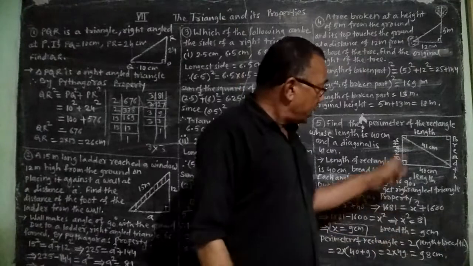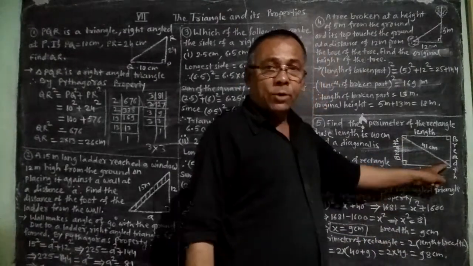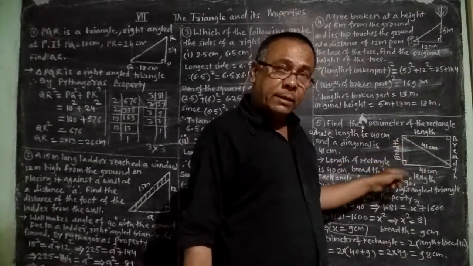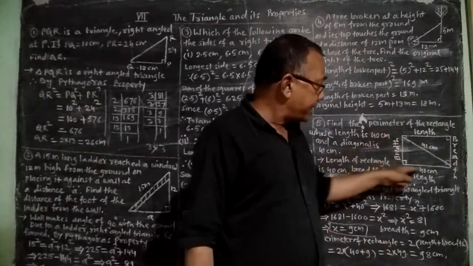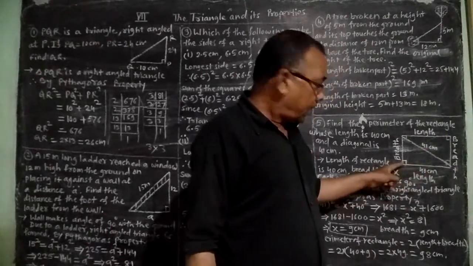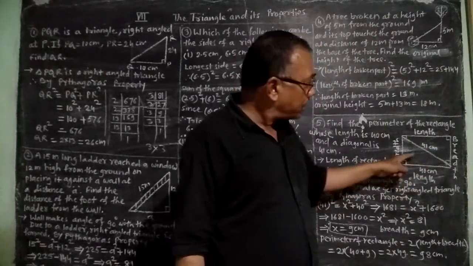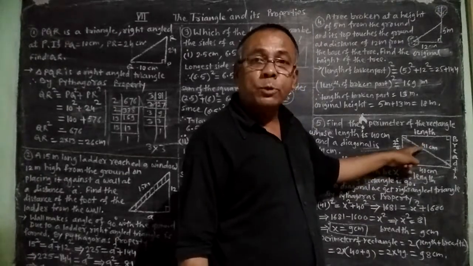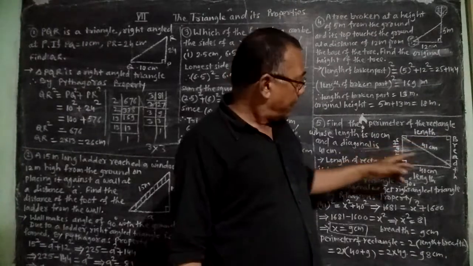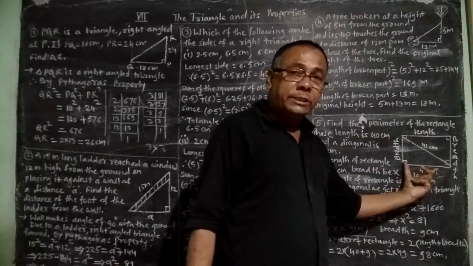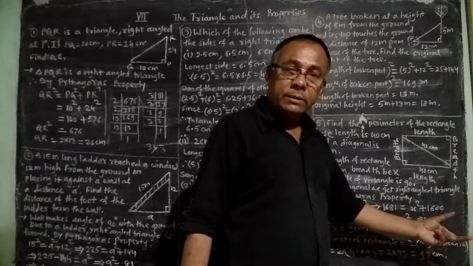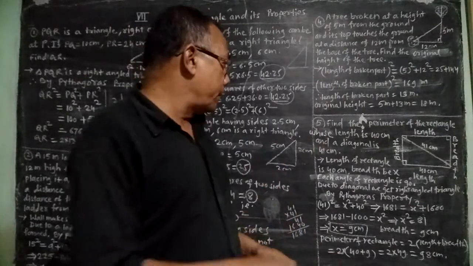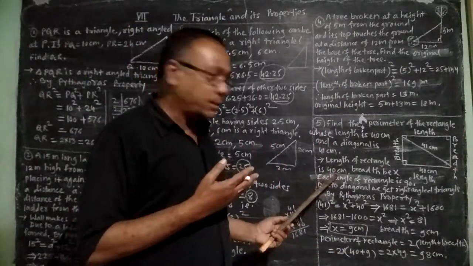So here if we draw the diagonal of 41 centimeter of the rectangle, then we will get a right angle triangle. Here if this is a right angle, then its opposite side is 41 centimeter, which is a hypotenuse. So hypotenuse is 41 centimeter. Here leg 1 is breadth and leg 2 is length, which is 40 centimeter. So we can apply here also the Pythagoras property. Now we will solve this example step by step.